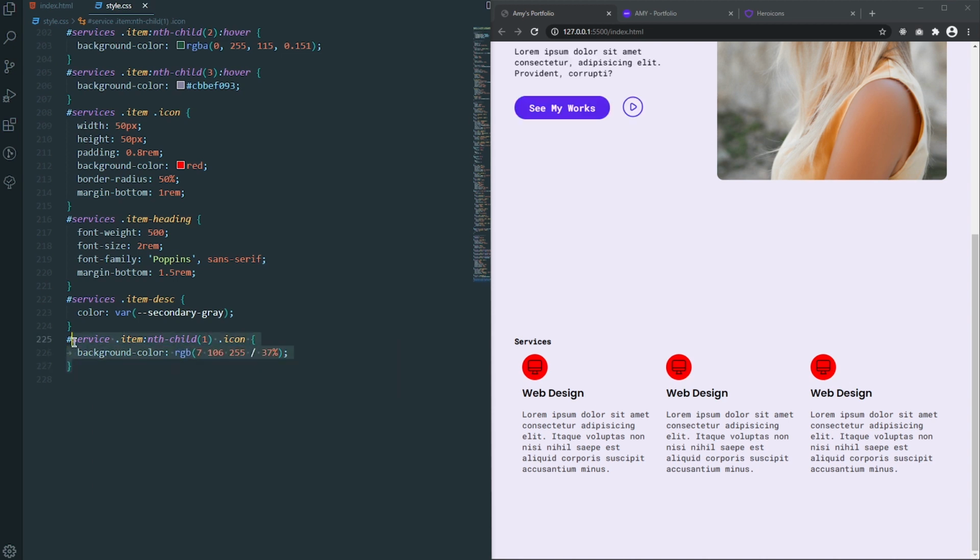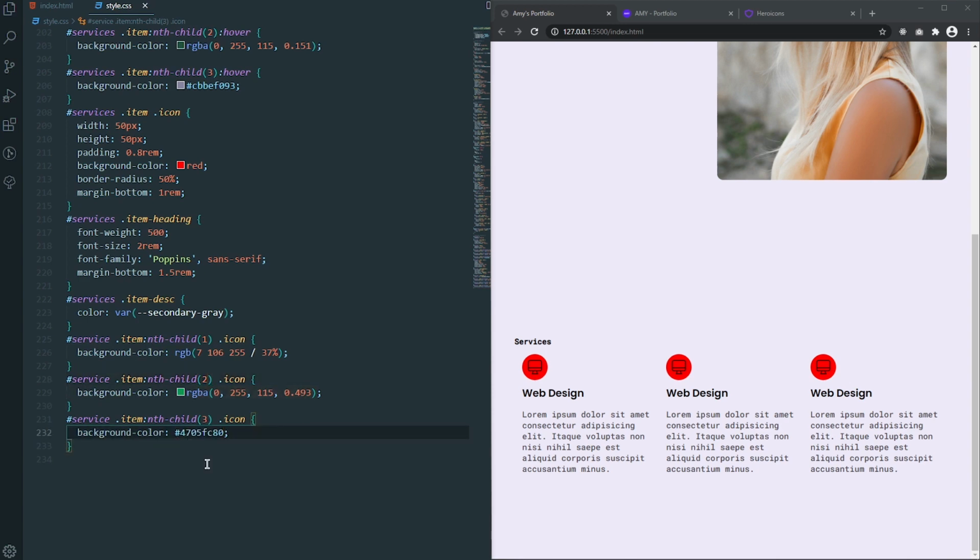So let's also do it for the second one here. So it will have a green background color, and for the last one, which will have a kind of blue background color. So let's actually duplicate this line also. So sorry, this one will be the 3, and this one will be the 2. And for the last one, as I said, we will have a kind of purple or blue color, but